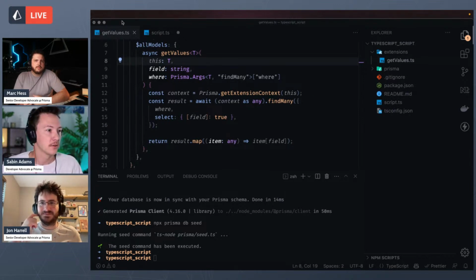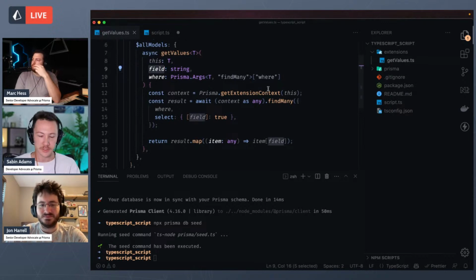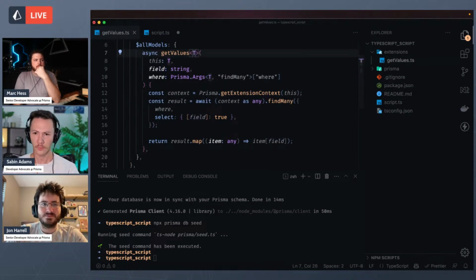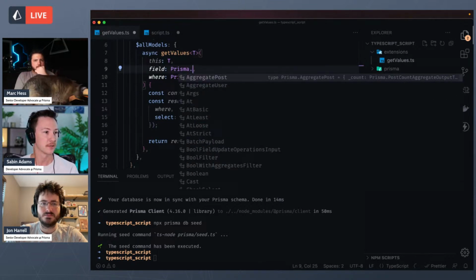I think I'll jump back into some of these types. So we're like halfway there. We've got this where filter typed. The next one we want to do is the field, and just to reiterate what we're doing here, we want to only be able to pass in a field that actually exists on the model as a query result. So the way we can do that is we have something similar to this Prisma.Args, except it's called Prisma.Result. So over here, I'm going to do Prisma.Result,